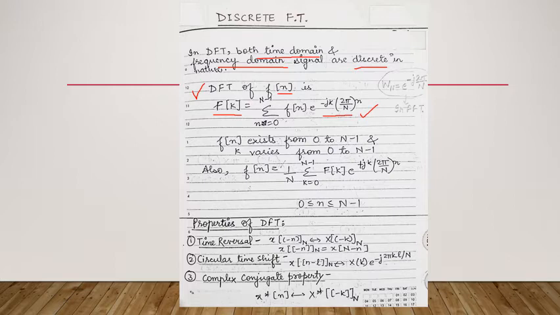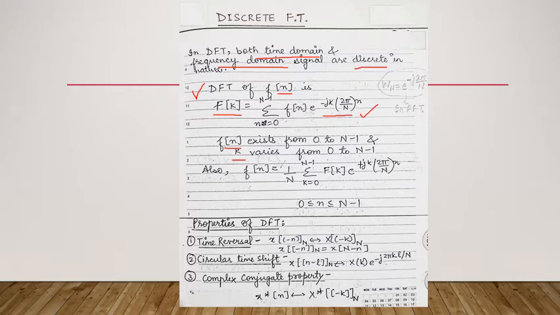Now, the signal f[n], that is the time domain signal, exists from 0 to capital N minus 1, and the value of small k varies from 0 to capital N minus 1. So this will be given in the question, like from where to where your signal is varying, and depending on that, we will be considering the values. Now, this is the manner in which we find DFT, that is, we are converting the time domain signal into the frequency domain signal. Inverse is also to be found, like sometimes we have to find the inverse DFT.